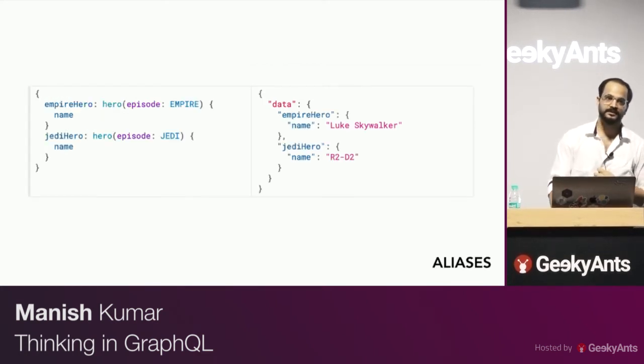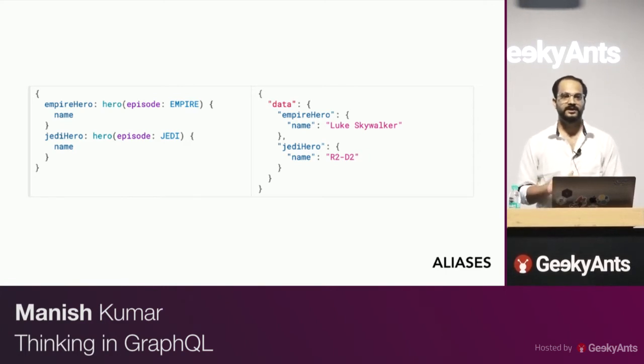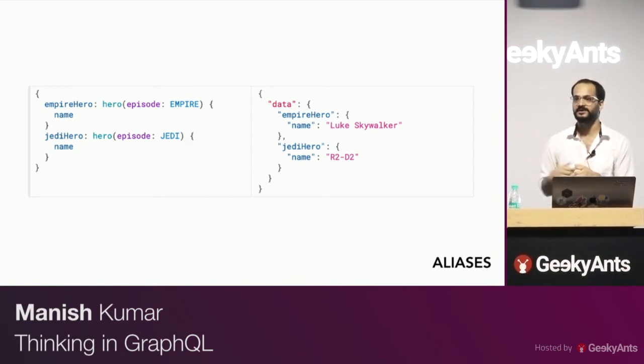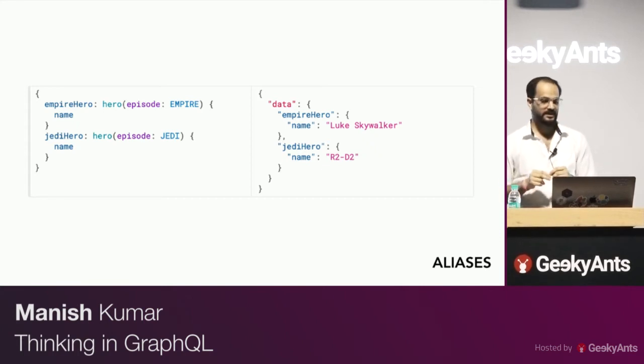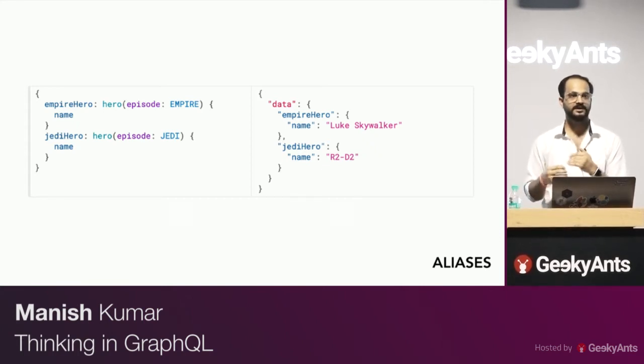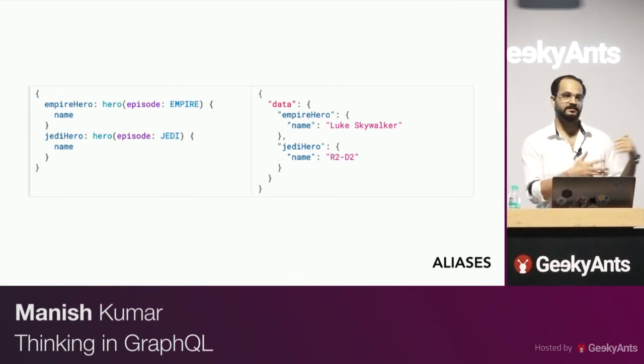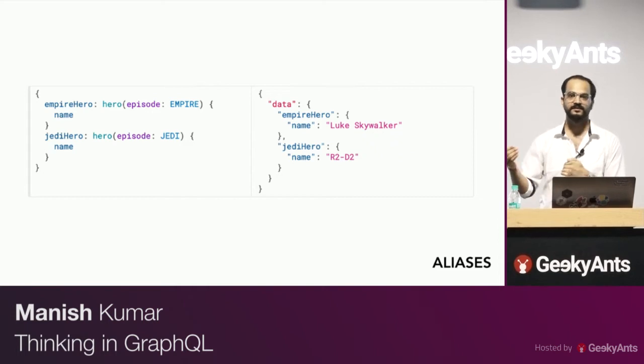So this also brings some problems of its own, right? In your REST API calls, you are mostly dealing with just one structure. You cannot have multiple structures. So if you are asking for user, you are just going to get back user. You cannot ask for user and post all at once. You'll most probably have to make 2 API calls. Here, if you ask for a user or maybe multiple users in the same query, you are going to hit a same name exception, as in you'll have the same name, so you cannot. So there is something called aliases, so you can obviously alias it with a different name. So you can use aliases here.